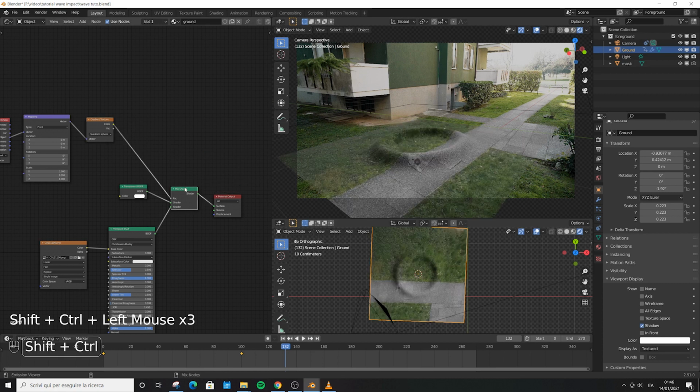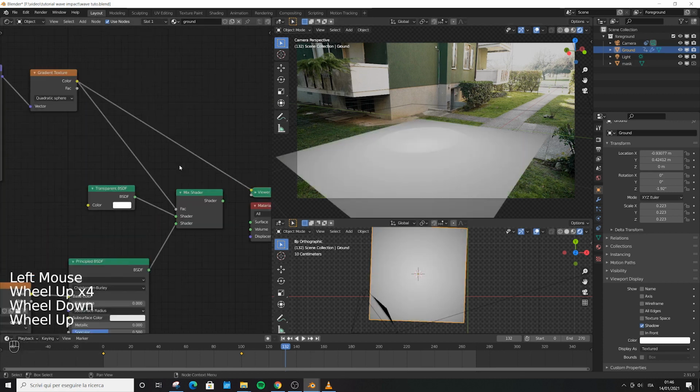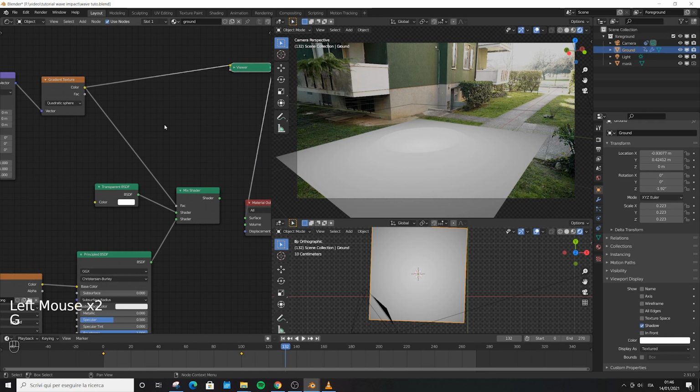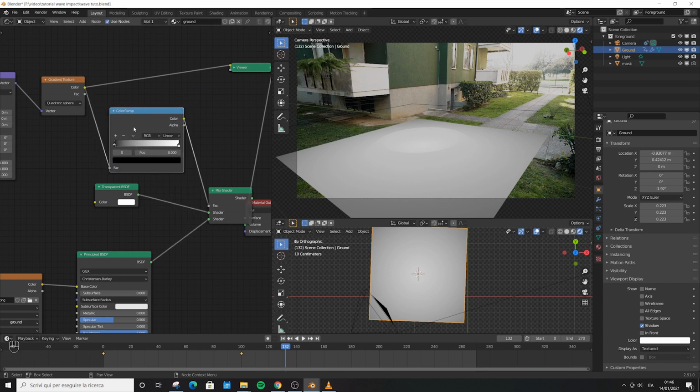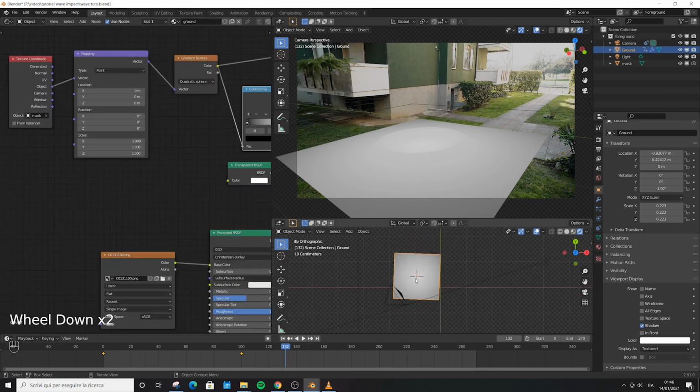Mask, render. Mask, right? So move this viewer a little bit. Shift A and add a color ramp. Plug it in the middle of these two. This color ramp is useful to control and modify the mask as we want. You can play a little bit with it to see the changes.